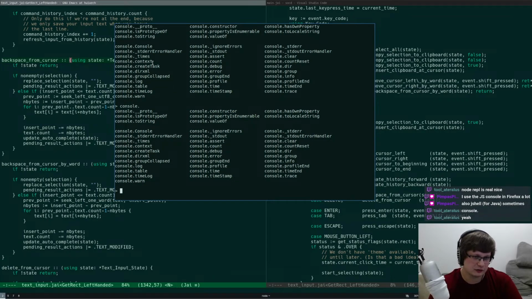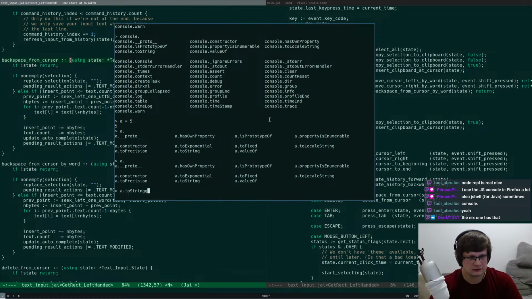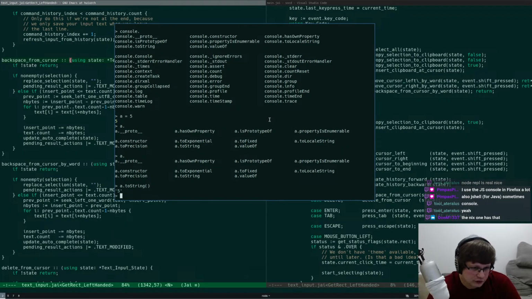So yeah, it's kind of cool. But can I do 5 dot? That doesn't work. A equals 5, A dot. Oh, okay, A dot works. Yeah, we have toString. The default Node REPL is better than the default